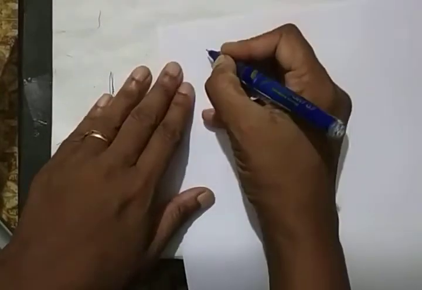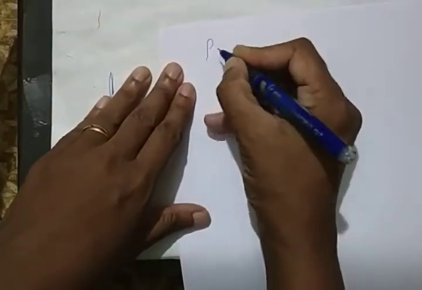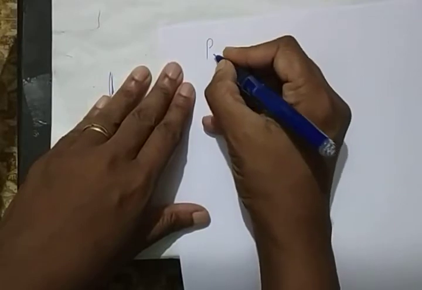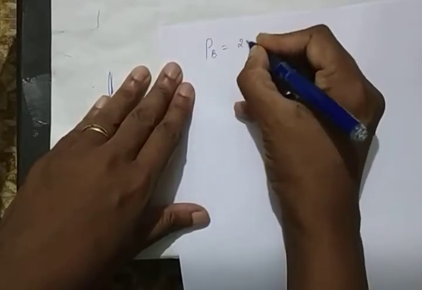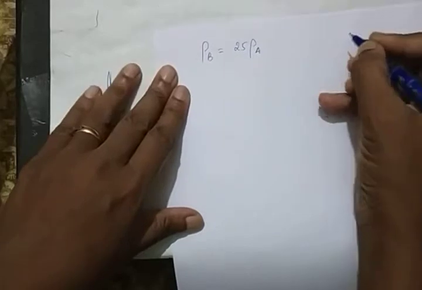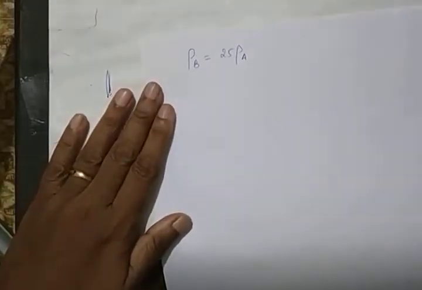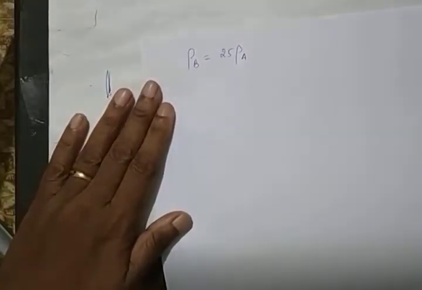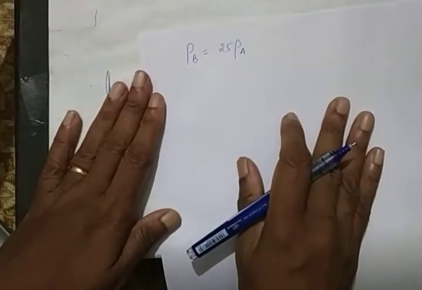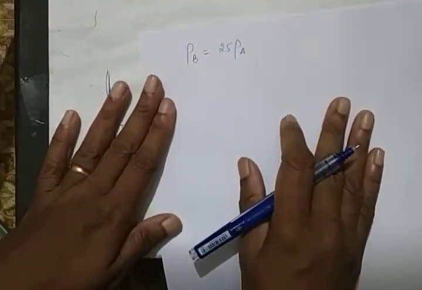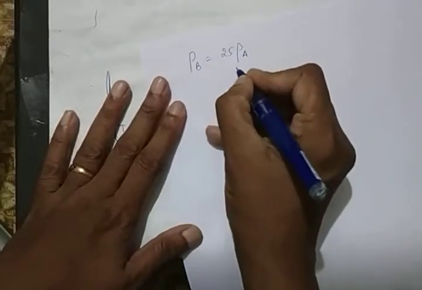Okay. Now, the first question was wrong for many of you. It was given density of gas B is 25 times density of gas A. That's what was given, no? There are two gases A and B, and the density of gas B is 25 times that of gas A. Okay, how will the speed of gas B vary from gas A? Okay, so